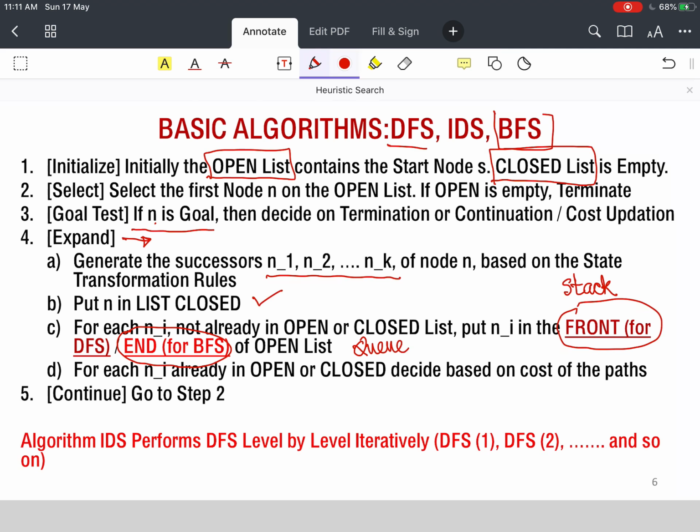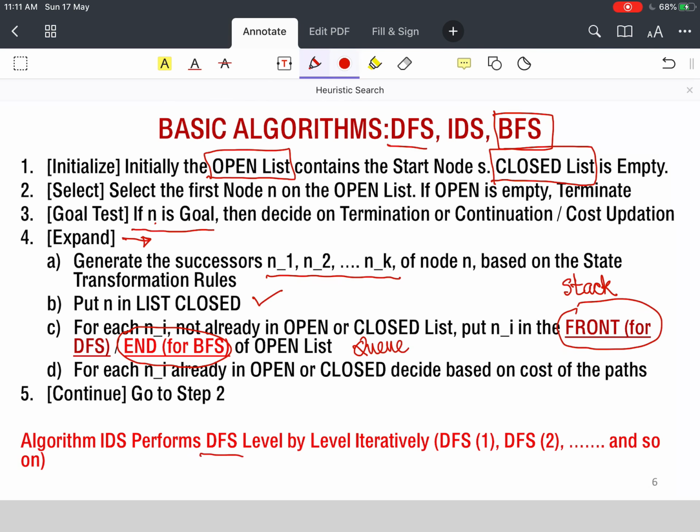So these are the 2 basic algorithms: depth first search and breadth first search. And iterative deepening search is actually depth first search, which performs depth first search level by level. By performing it level by level, it gets the advantageous property that its first solution could be optimal in an ordinary graph. When we come to costs, then obviously we have to take into account the cost of the node, that means the cost of the node from the start. Because in the previous case, all costs were 1.